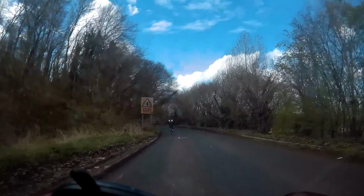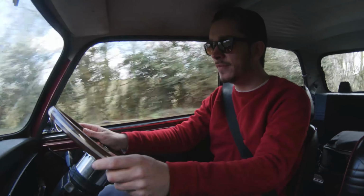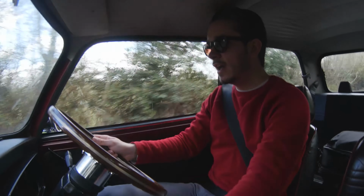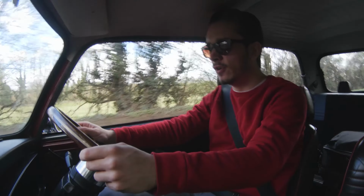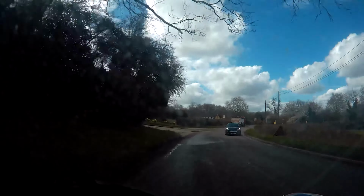So this car's really fun on these country roads. Like I said, it doesn't have a high top speed. From new I think it does about 92 or something, and I've only ever got it up to around 75, maybe 80, but I don't think the speedo tells the truth. It's got 4 gears, which means you get up to 4th pretty quickly, so anything from 40, 50 upwards is all in 4th gear, no overdrive. It's really good fun. People are right though, it drives just like a go-kart,